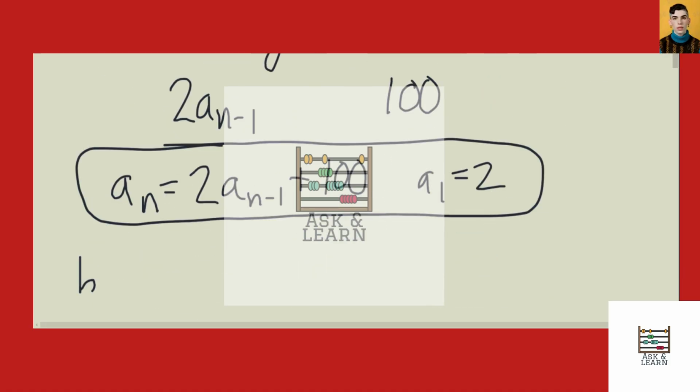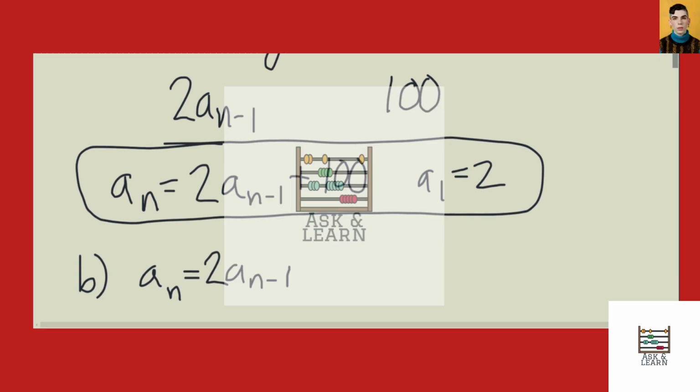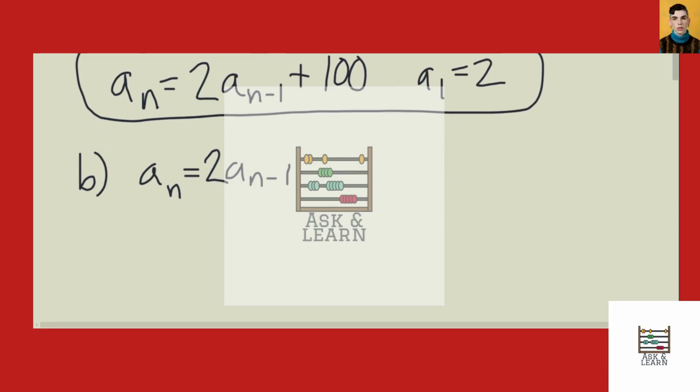So, notice that this is a non-homogeneous linear recurrence relation, and so the associated homogeneous linear recurrence relation is a_n equals 2a_{n-1}, and this has characteristic equation r minus 2 equals 0,